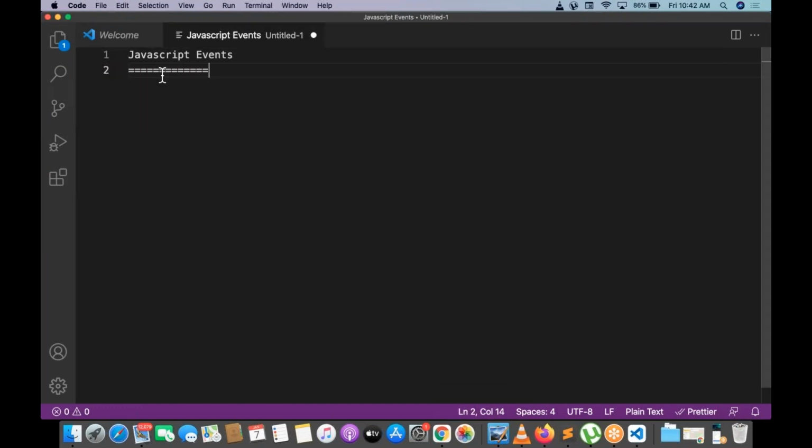So there are multiple events. One is the click event, one is the DBL click, which is nothing but double click.